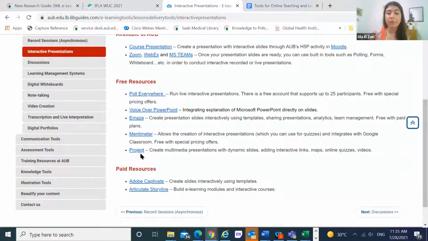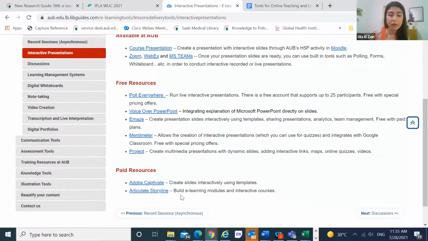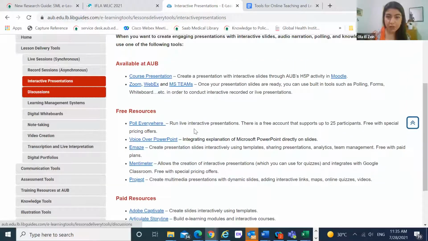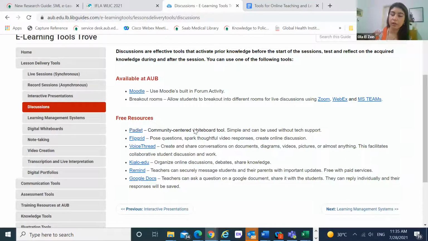And we have a project with a Q. Okay, this is also for creating multimedia presentations with dynamic slides. For the paid resources, we have Adobe Captivate and Articulate Storyline, which I think one of you mentioned, the Articulate Storyline. What about discussions? Because these are very important, they can activate prior knowledge before the start of the session